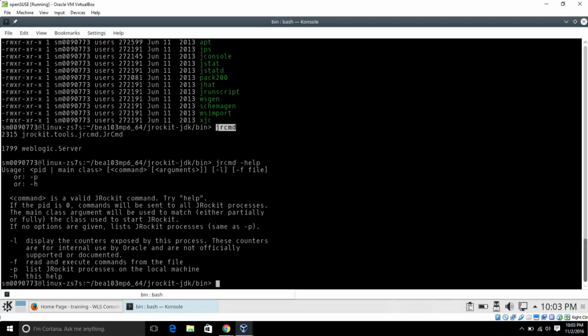Okay, just use the command jrcmd, space, the PID, space, file name is equal to any file name that you want to give, slash, in the location where you want to give. Let's say /tmp/admin.hprof. Yeah, .hprof. Now hprof is an extension of the heap dump which is widely used and which is actually